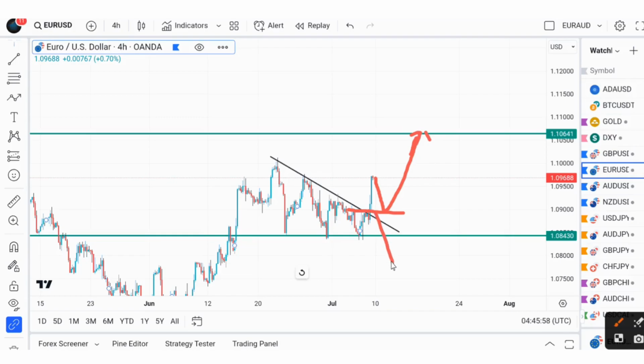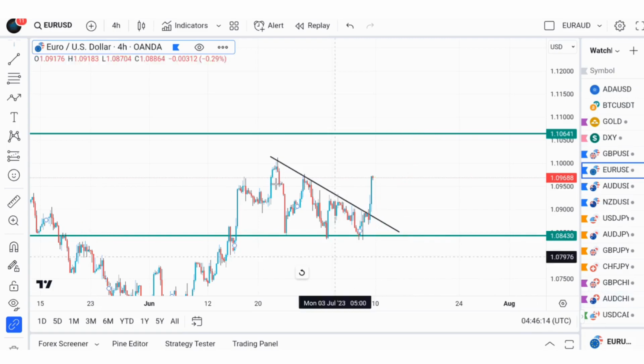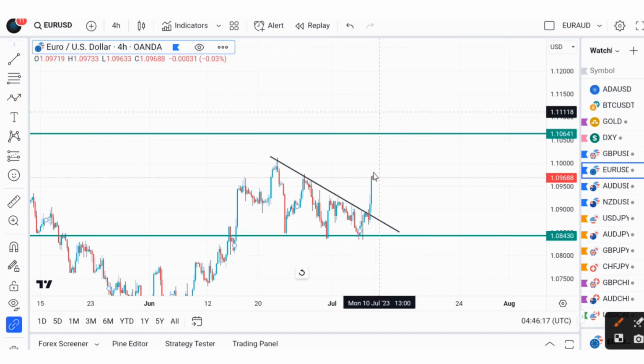But anything below this level right here, anything below 0.8430, we are not looking to buy EUR/USD. That is, I might now be anticipating a sell move in that currency pair. So right now the whole bias is to the upside, but we have to look for a retracement move first, and then see a rejection in the 4-hour time frame, then actually buy to 1.10641. And if you buy from here and take profit from it, you have close to 80 to 100 pips right there.